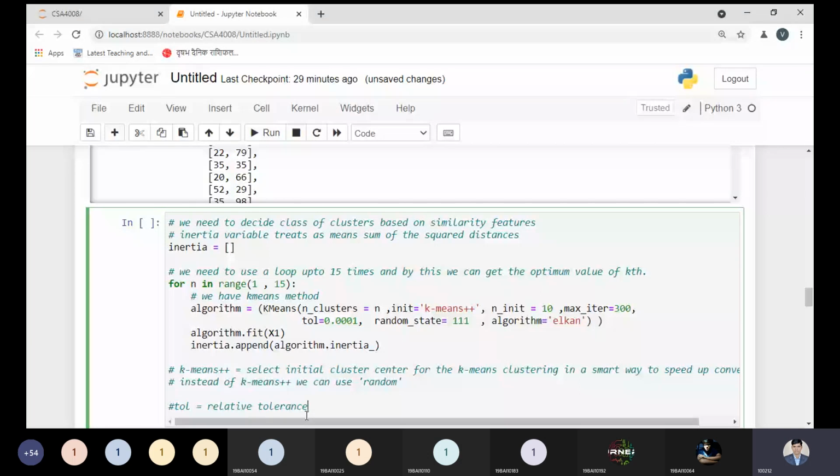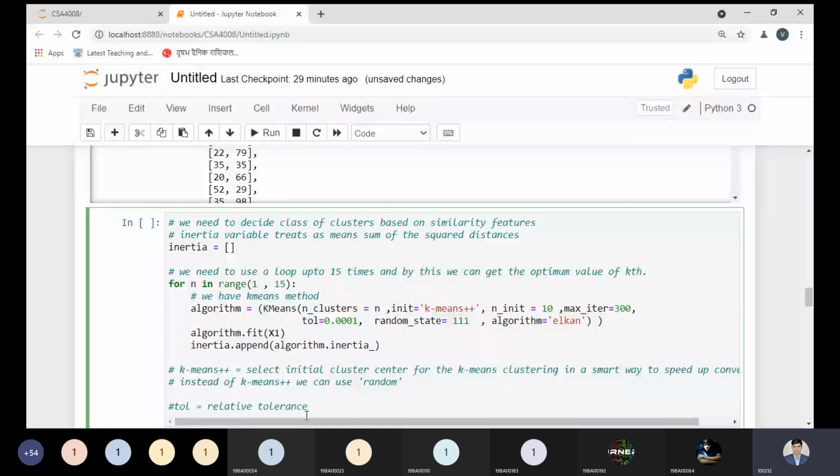But if you want to use it, then you have to use it, because maybe some clusters may plot on the same point. So at that time, we need to make a little distinction between both data points to determine the tolerance value. So relative tolerance is like this value, with regard to the norms. That is the Frobenius norm of the differences in the cluster centers of consecutive iterations. That's why we have small values. It's not a much countable value, but it's a required parameter. So that's one we need to keep in mind.